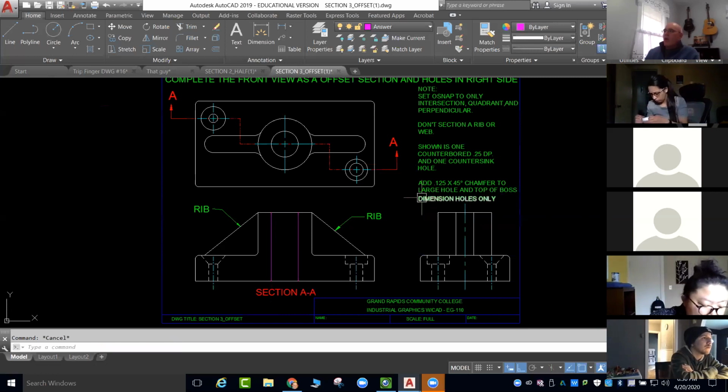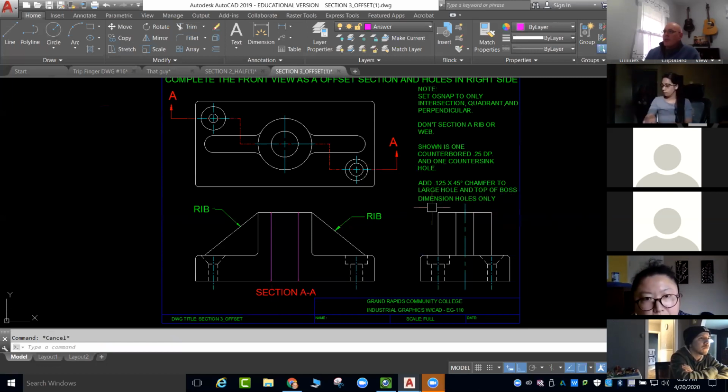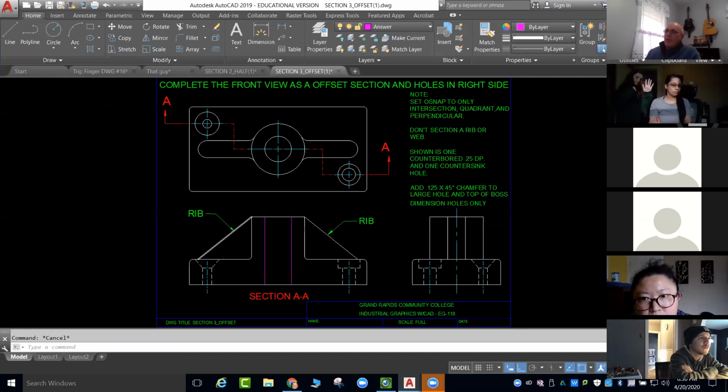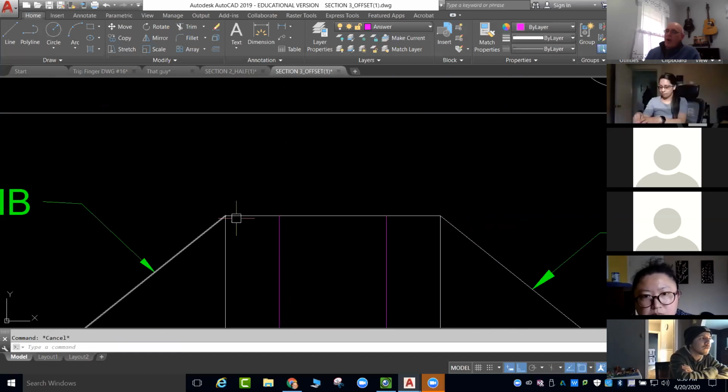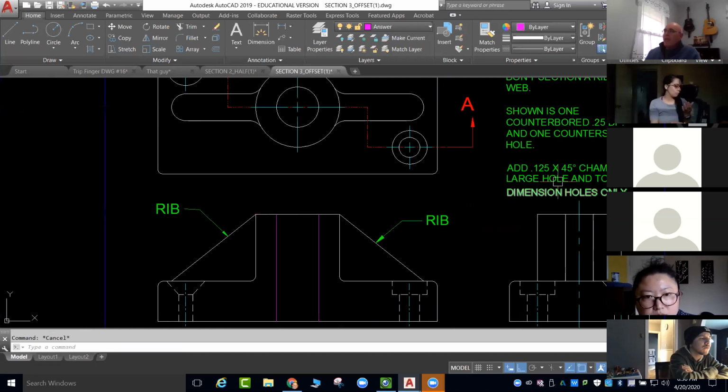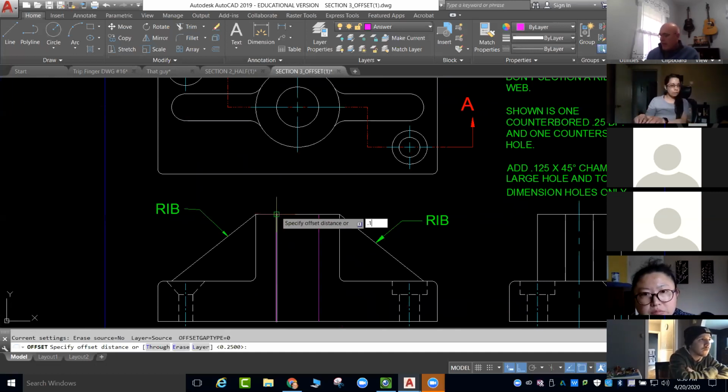And it says add a 1/4 by 45-degree chamfer to the large hole and the top of the boss. Okay, well, by creating to the top of the boss, we're going to omit that. We're not going to do that based on this drawing. But we can do the 1/8 inch by 45, right? So if we just offset that by an 1/8 inch,